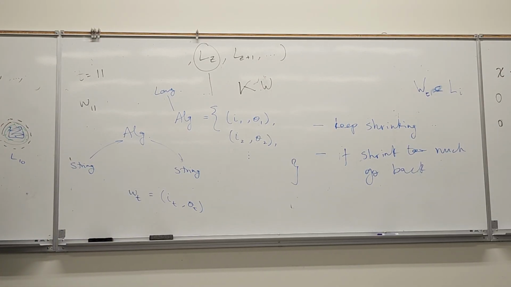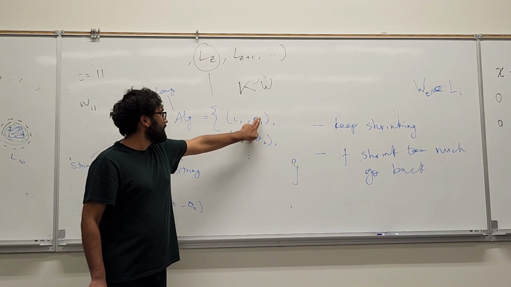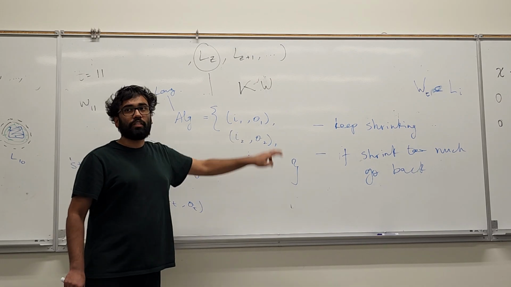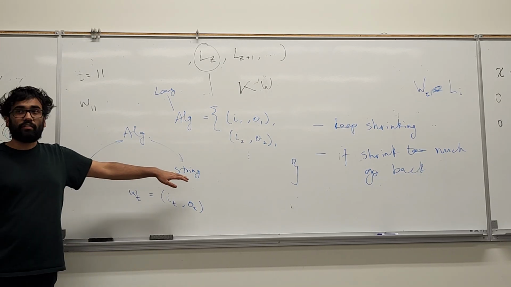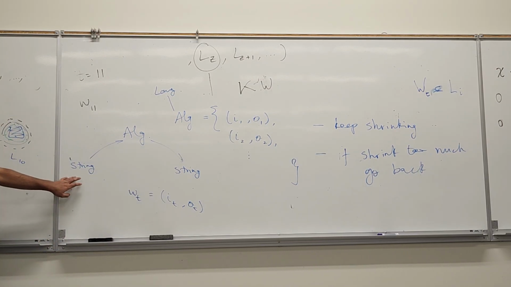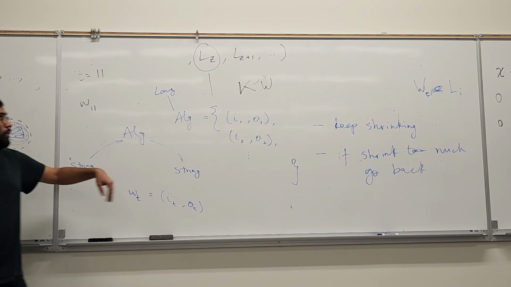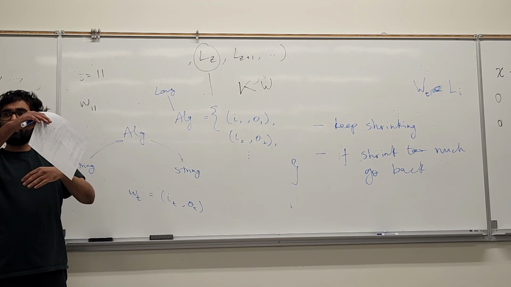Right. What were I and O? I was completely zoned out. These are input and output. I was saying that any algorithm can be thought of as a function which takes a string and outputs a string. There are some other requirements, but let's stick with this for now. So you take some string and you output some string, and I gave the example of BFS. BFS takes the description of a graph, which is a string, and outputs the shortest path, which is also a string. So now, instead of describing BFS in C++ code,